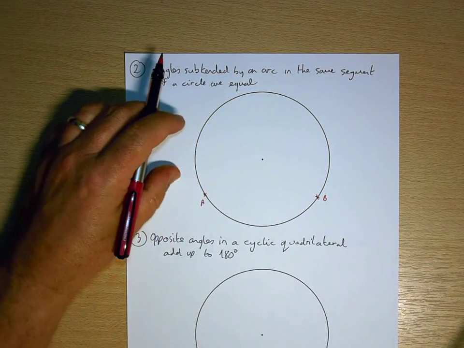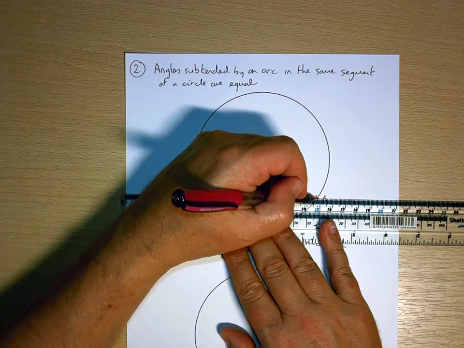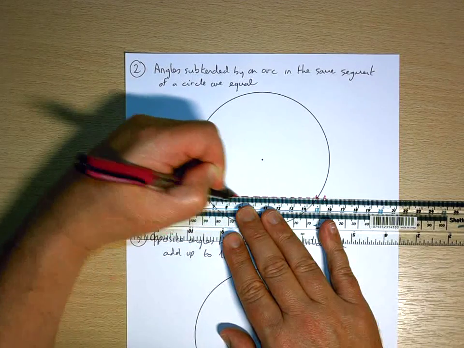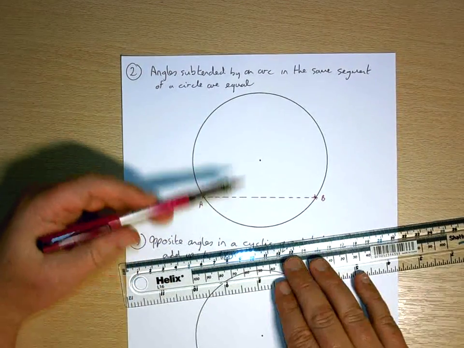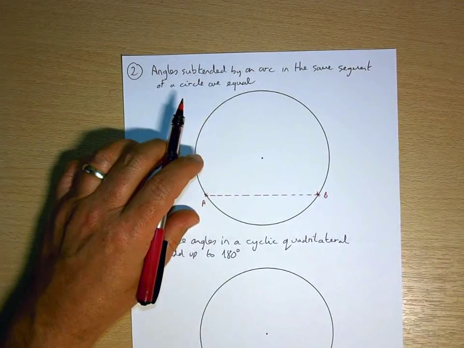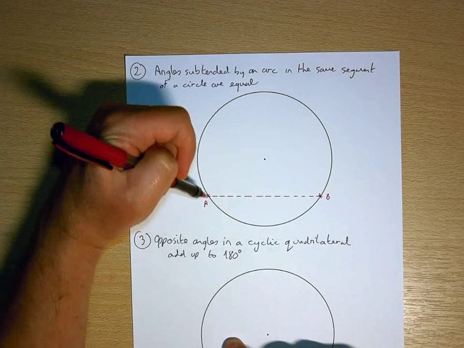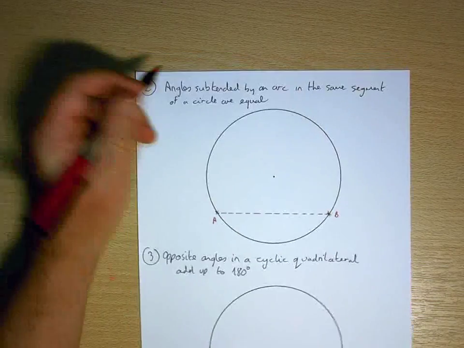Now if we throw a chord across there to create segments, that gives me 2 segments. So what this is saying is if I fire to this arc, anywhere in this arc, and back to the other point,